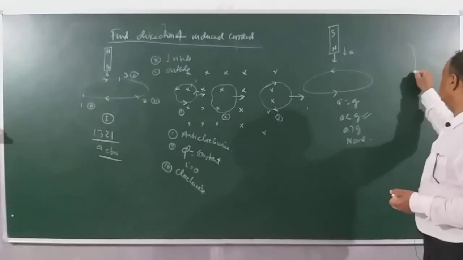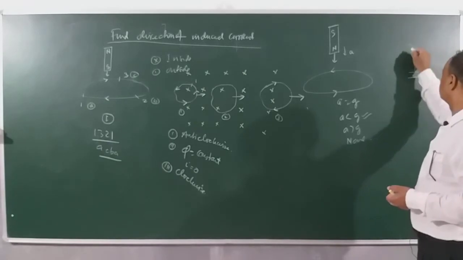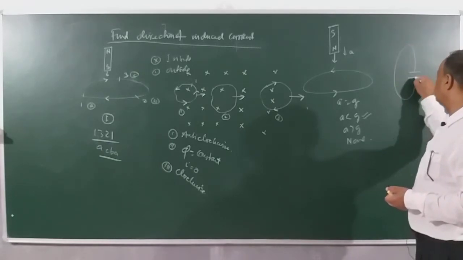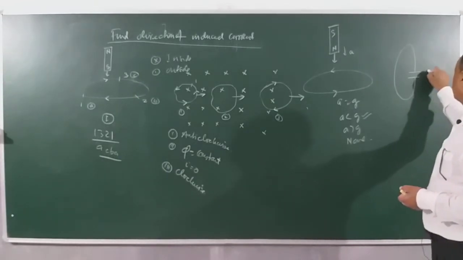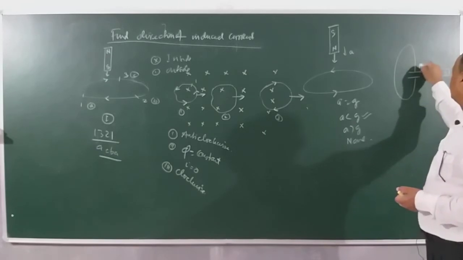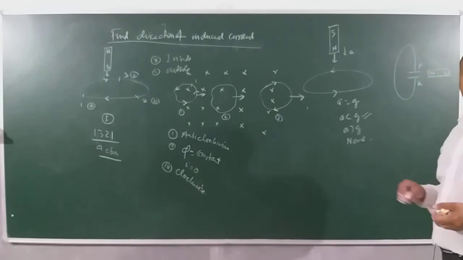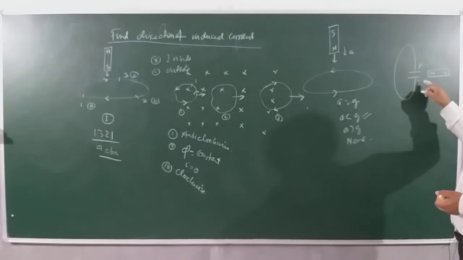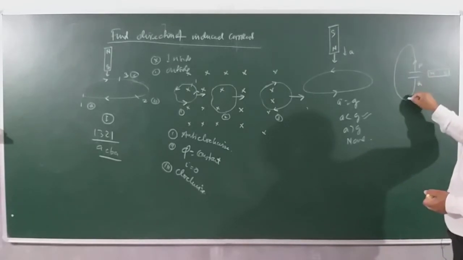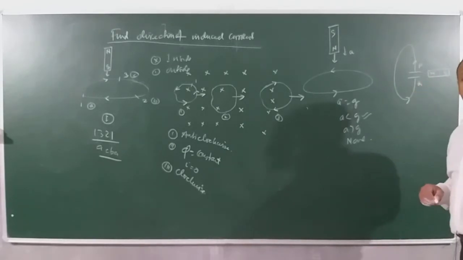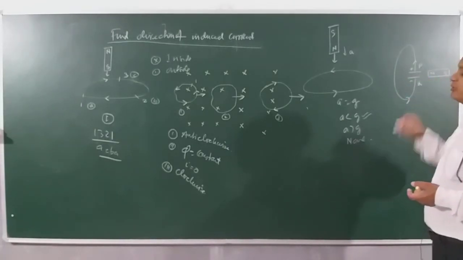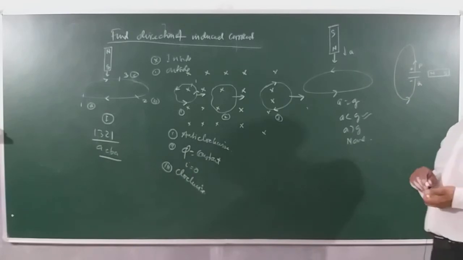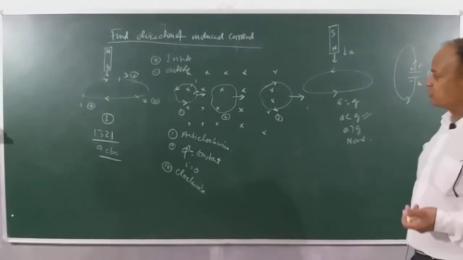Suppose you have a capacitor here, right? Plates of a capacitor, and then they ask you, a north pole is coming towards it, there are two plates, one is P, the other is Q. What will be their polarity? So if the north pole is coming towards it, then the current will become what? Anticlockwise, and current in the external circuit flows from positive to negative. So P will become positive and Q will be negative. This is a very popular question they ask you. So this is important for you to know.